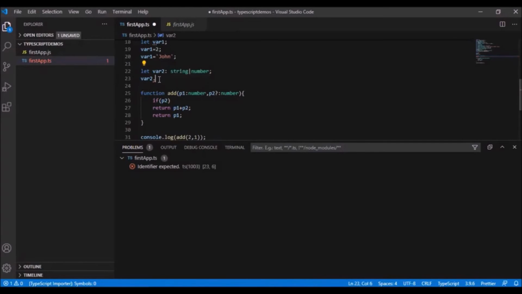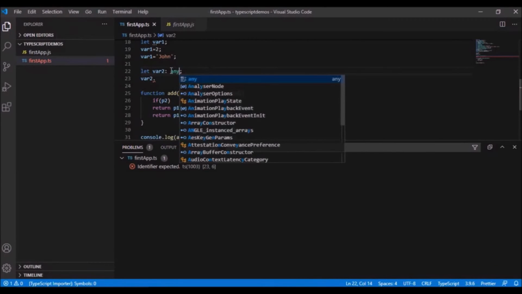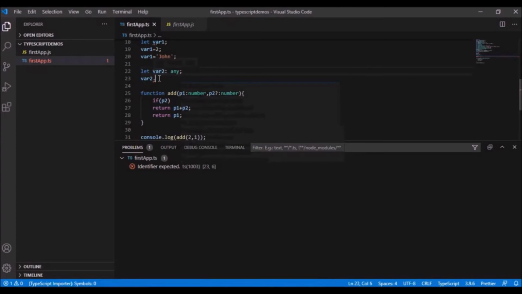So you might raise a question, why can't we handle this scenario using any, right? If I declare a variable as any, then that variable can hold values of any type, right? So that is correct, but I will lose the IntelliSense here, right?